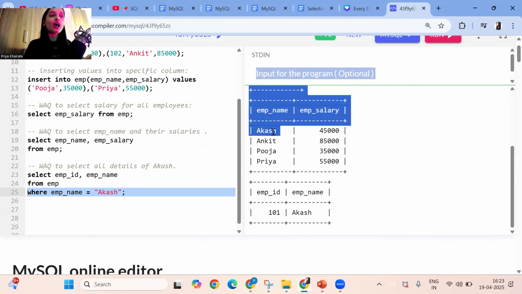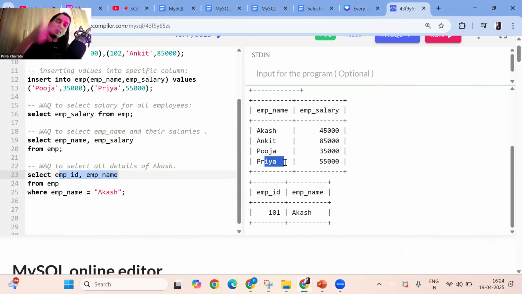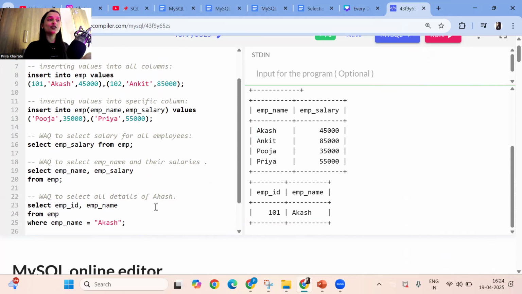Is employee name Akash? Yes. So for this record, what do you want to return? Employee ID and name. Again, it will check, is this Akash? No. Is this Akash? No. Is this Akash? No. So row by row, your DBMS will check, filter and return the output. This is what we call storing the data and retrieving the data efficiently.